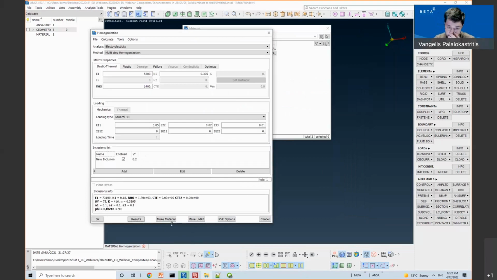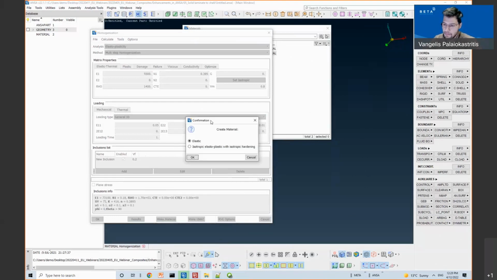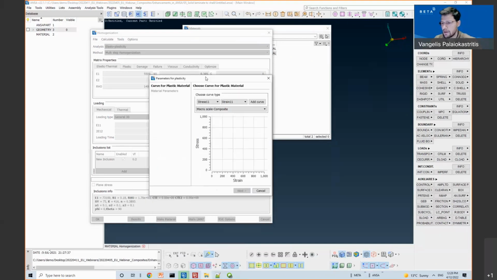Once the elastoplastic material has been calculated, I can press make material, and I'm prompted to select elastic or isotropic elastoplastic material with isotropic hardening. Elastic will disregard any nonlinearity. I don't need that. I will select isotropic with elastoplastic hardening.